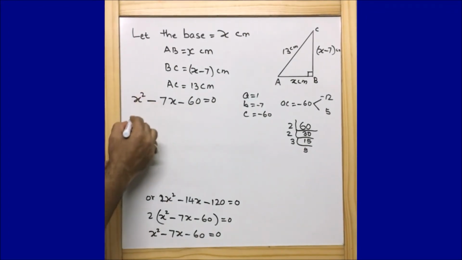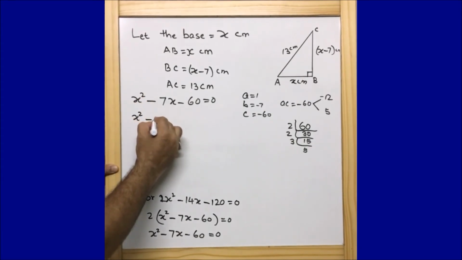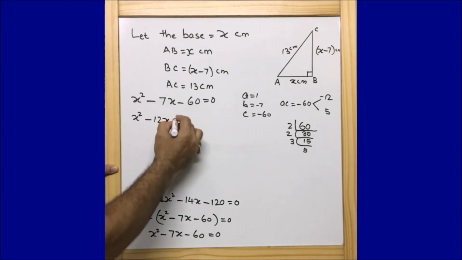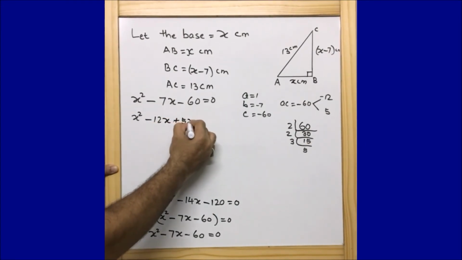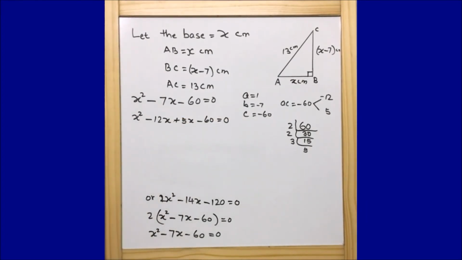So now our resulting quadratic equation, we can write it as x to the power 2 minus 12x plus 5x minus 60 is equal to 0. Hope guys, till here this is very clear. Because we are just factoring, and this is a common quadratic equation, the difficulty level is not so high. This is just a simple quadratic equation we are solving.